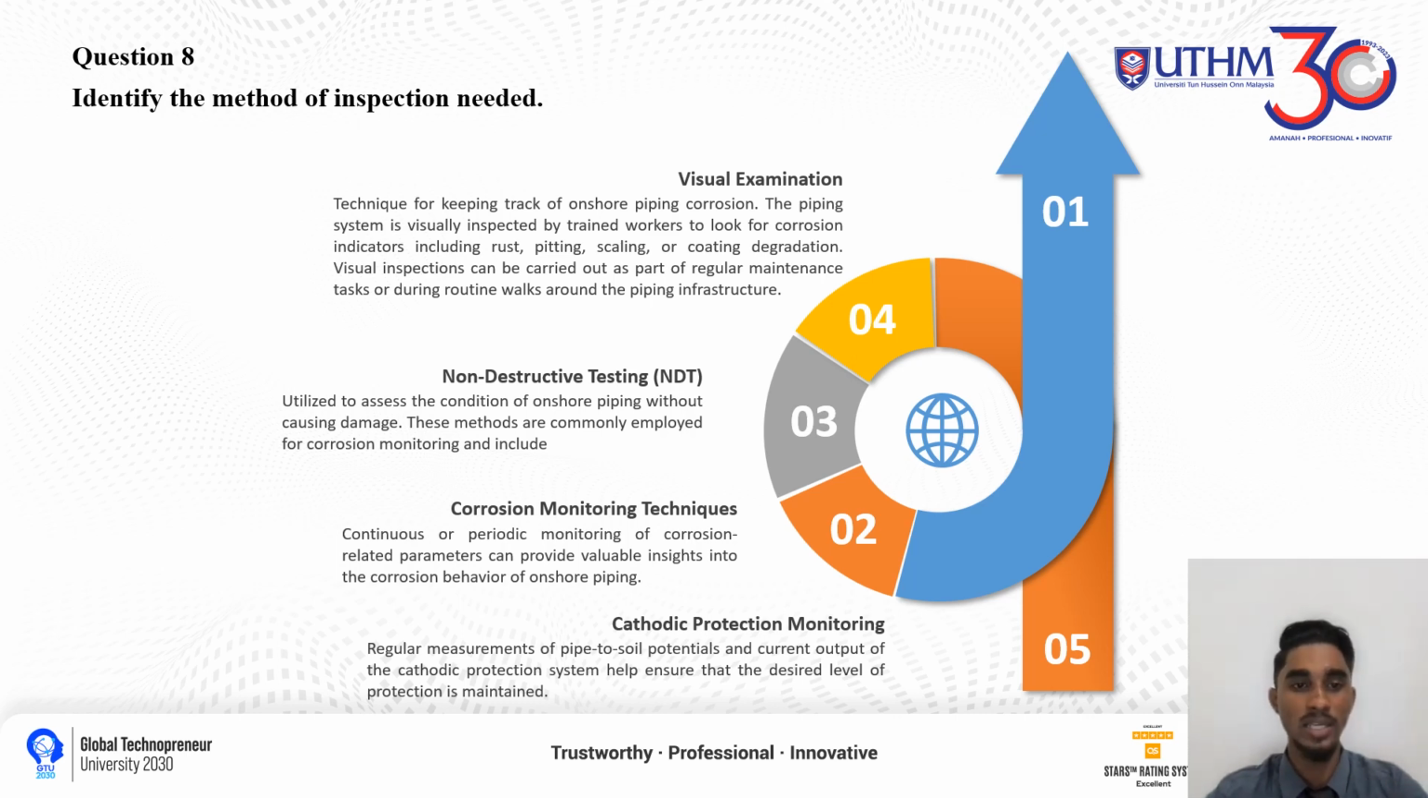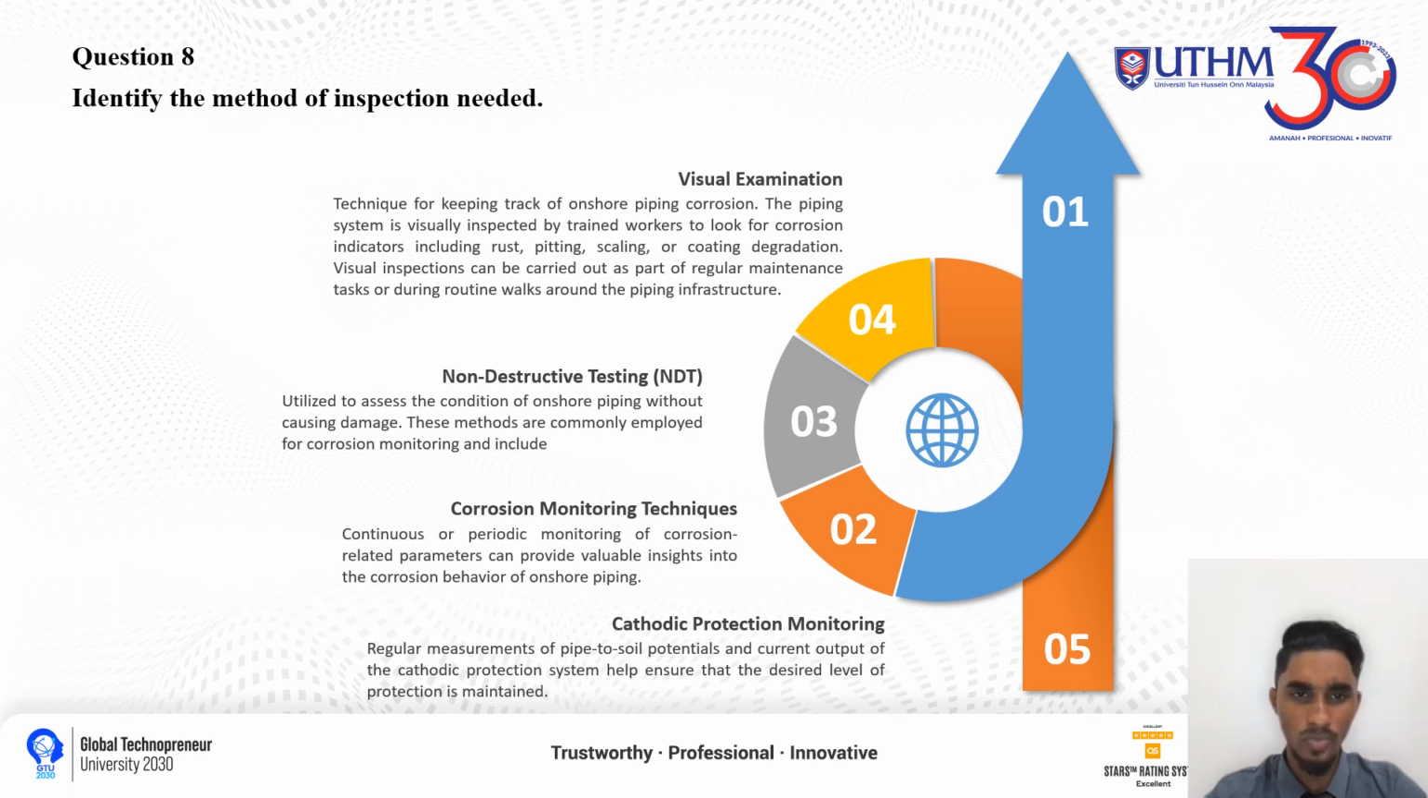So the first method is visual examination, which is the most fundamental and widely utilized technique for keeping track of onshore piping corrosion. The piping systems are visually inspected by trained workers to look for corrosion indicators such as rusting, pitting, scaling, or coating degradation. Visual inspection can be carried out as a part of regular maintenance tasks or during routine walks around the piping